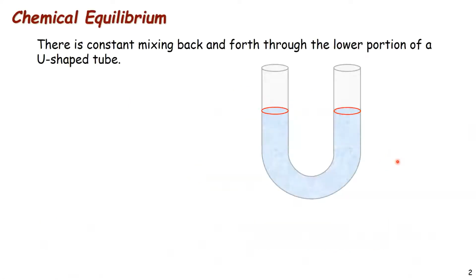Okay, so chemical equilibrium. Let's say we have a U-shaped tube, and this tube is filled with water. Well, we know that gravity is going to make the level of this water equal on both sides. And that's because it's actually reached an equilibrium. Now, you might think of this as being stagnant, right? That the water molecules are in there, and once it finds its level,